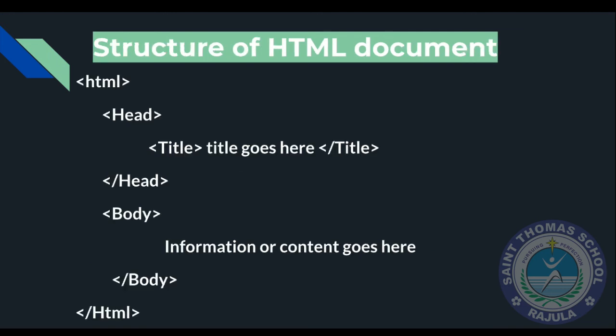Then we will see the structure of an HTML document. See students, this is the structure. In this structure only you have to write all the code. First, your HTML document will begin with the opening HTML tag. Then your document is divided into two parts: one is the head section and the second is the body section. All of these are paired tags. Inside HTML you write the head tag, and inside the head tag very few tags come. Inside head, the title tag.